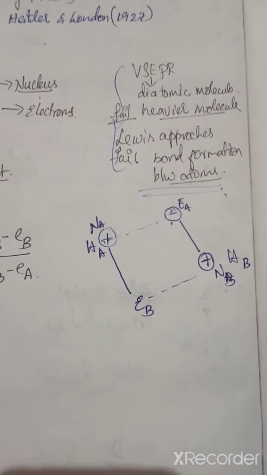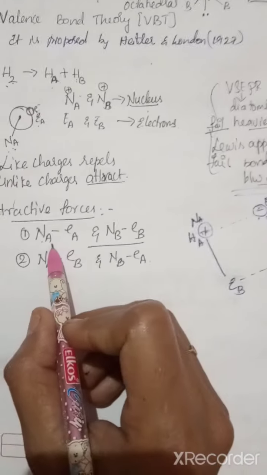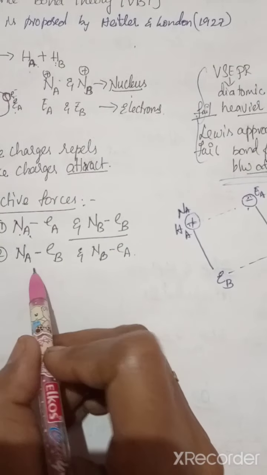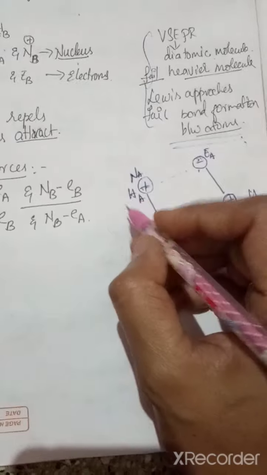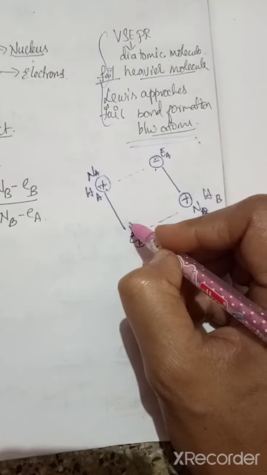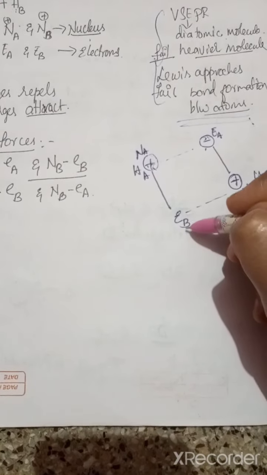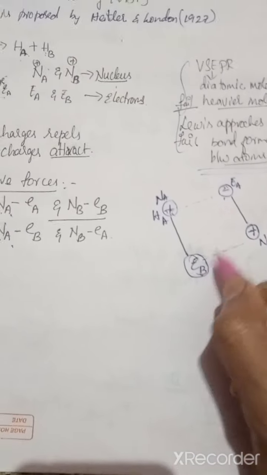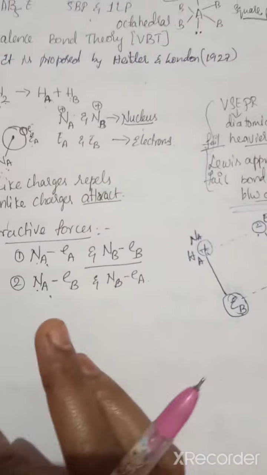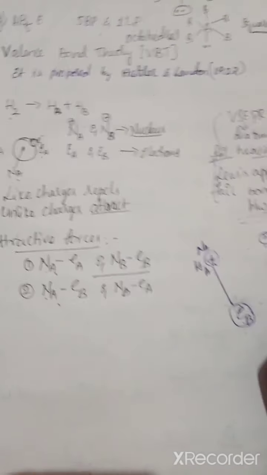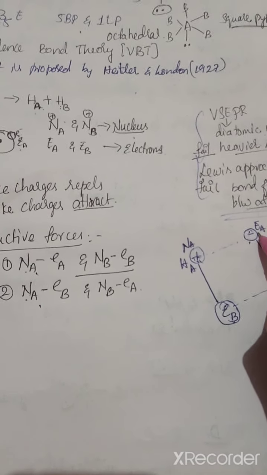The nucleus of one atom with its own atom's electron formation I wrote as the first one. And the nucleus of one atom and the electron of the other atom, see here, from here to here, I wrote in a dark line. That is the second formation: one nucleus with the electron of the other atom. This is the attractive force, how it forms. ಅರ್ಥ ಆಗ್ತಿದೆ ಅನ್ಕೋತೀನಿ. ಒಂದು ನ್ಯೂಕ್ಲಿಯಸ್ಸು ಅದರದೇ ಎಲೆಕ್ಟ್ರಾನ್ ಜೊತೆ, ಆಪೋಸಿಟ್ ಚಾರ್ಜ್ ಆಗಿರೋದ್ರಿಂದ ಅಟ್ರಾಕ್ಟಿವ್ ಫೋರ್ಸ್ ಆಗಿರುತ್ತೆ.